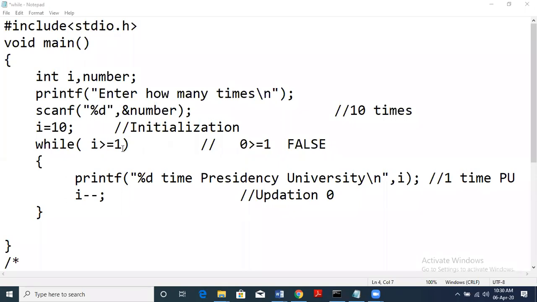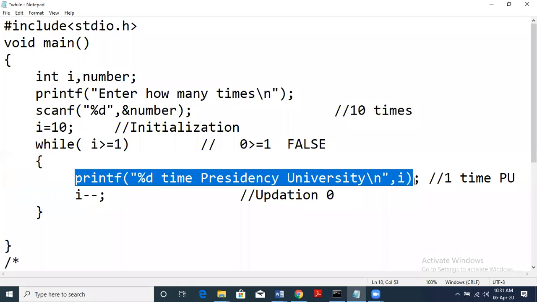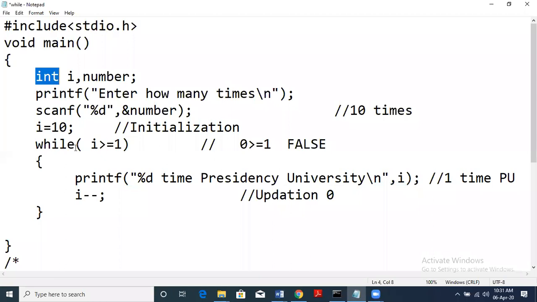Okay, so here the loop does not return any value. Loop is different from functions like the main function. It does not return any value. The loop will only print. So this int is only for the index and the number. The loop does not return, it will only print this statement. For functions, when we discuss them in a further module, I will tell you about return values and all. So this is only for the variable data type.